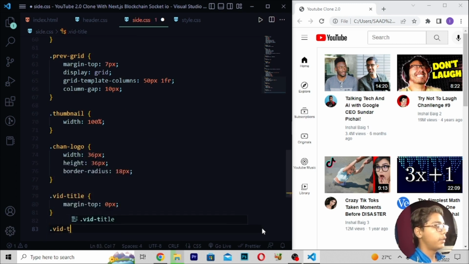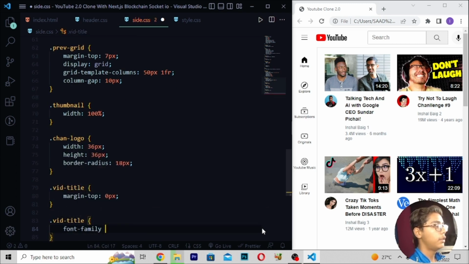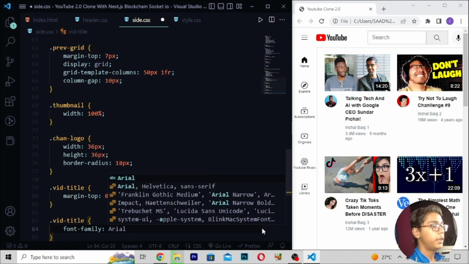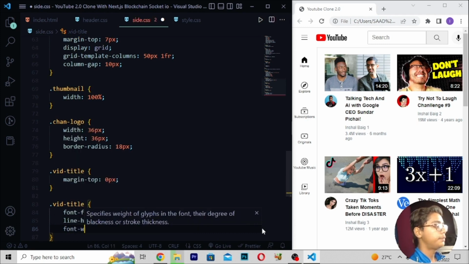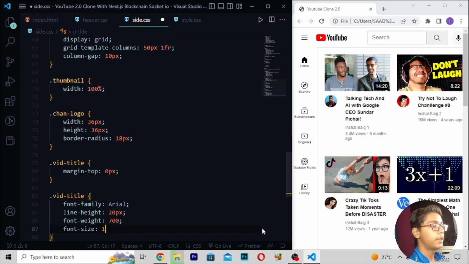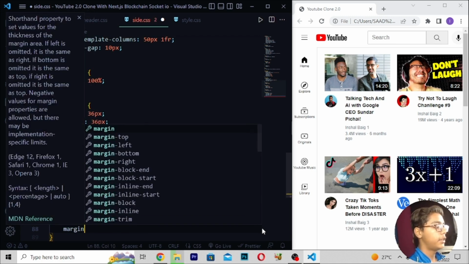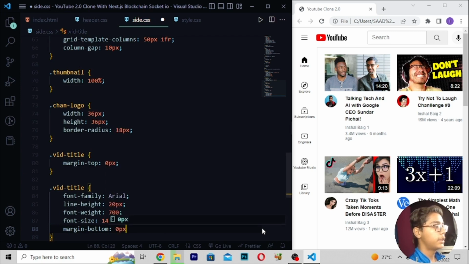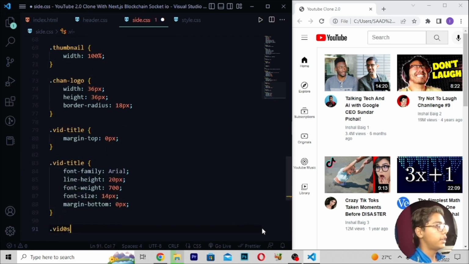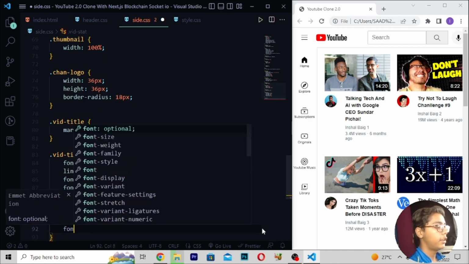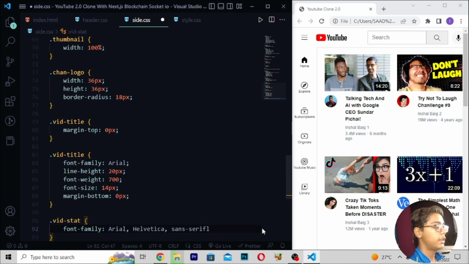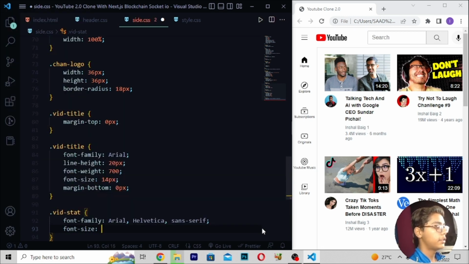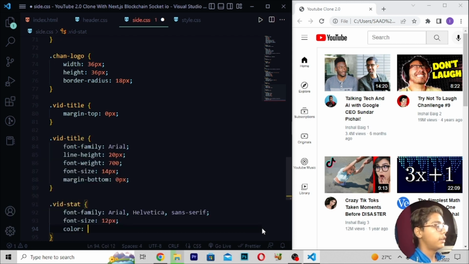Then .video-title, font-family, which should be Arial, then line-height, which should be 20 pixel, font-weight 700, then font-size 14 pixel like this. Then margin-bottom 0 pixel. Then I will write .video-stats, font-family, which should be Arial, Helvetica, sans-serif, then font-size 12 pixel, then color, which should be